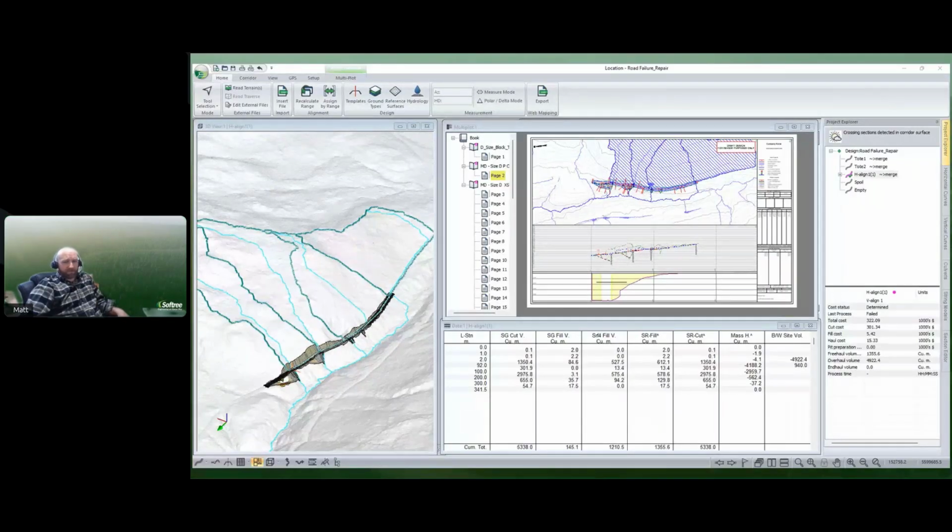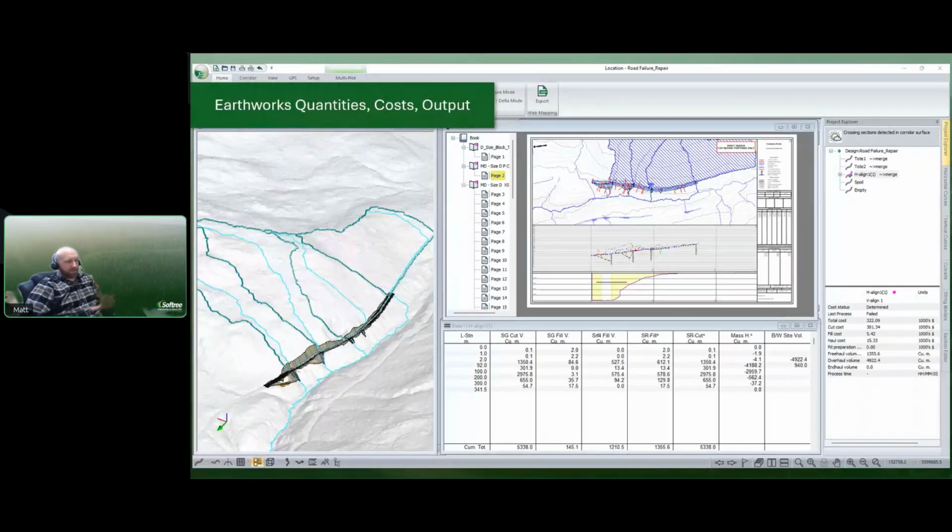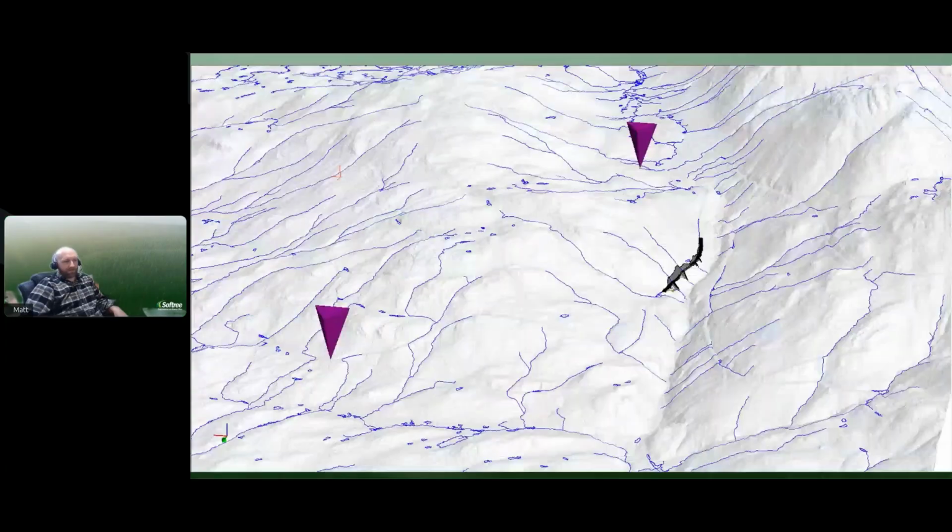Both have benefits. And then, is this the best solution, or how do we want to schedule our crews? Well, we can look at earthworks, have our volumes, and have a good idea of how long that's going to take to build. One option is, of course, repairing what's there.